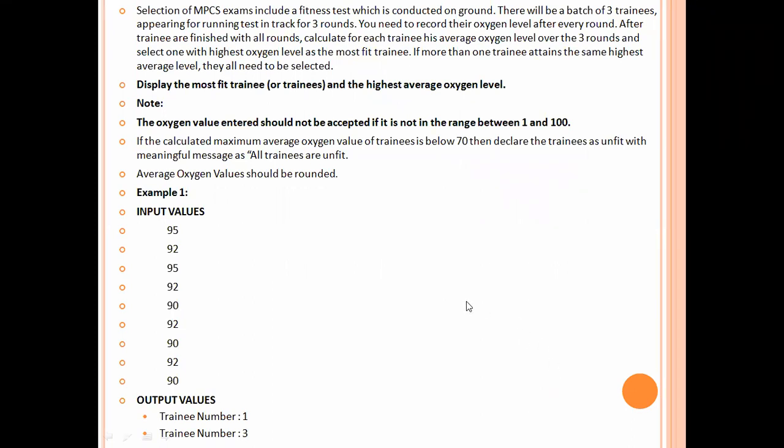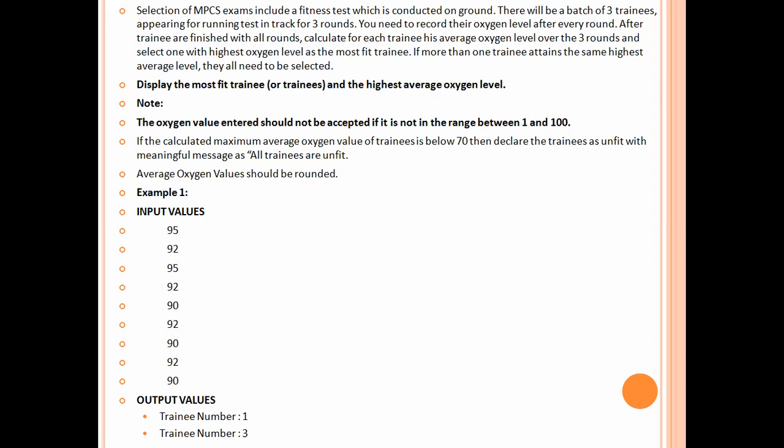Next question. Selection of MPCS exam includes a fitness test, which is conducted on the ground. There will be a batch of 3 trainees appearing for a running test on a track for 3 rounds. We need to record their oxygen level after every round. After the trainees are finished with all rounds, calculate for each trainee his average oxygen level over the 3 rounds and